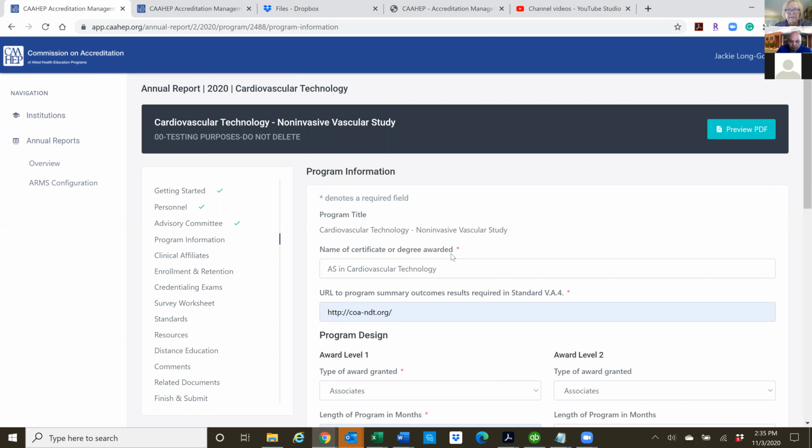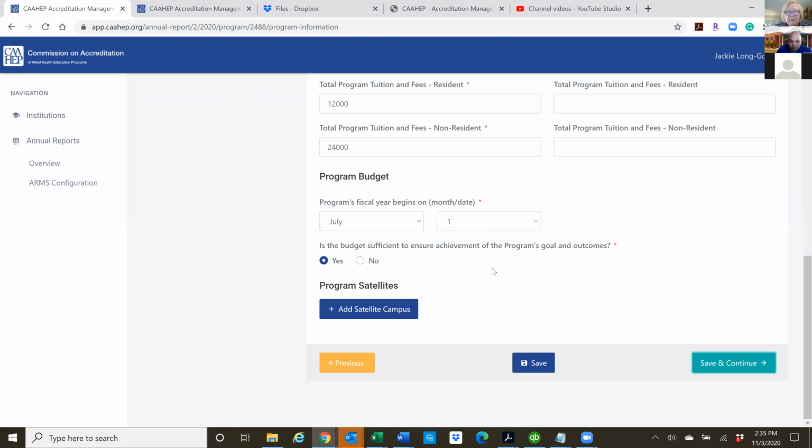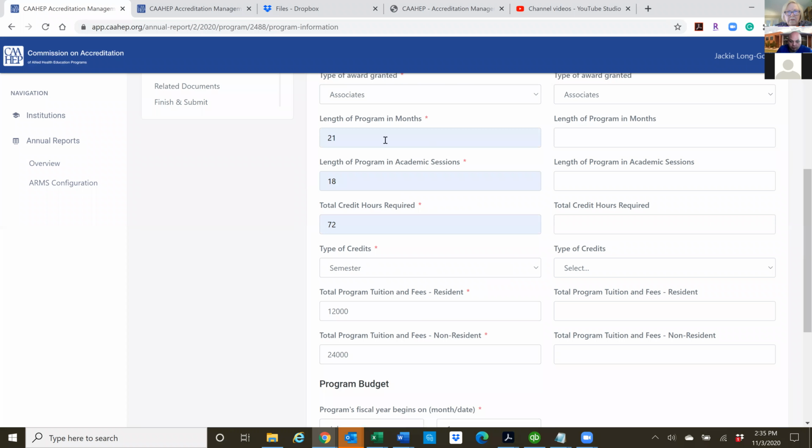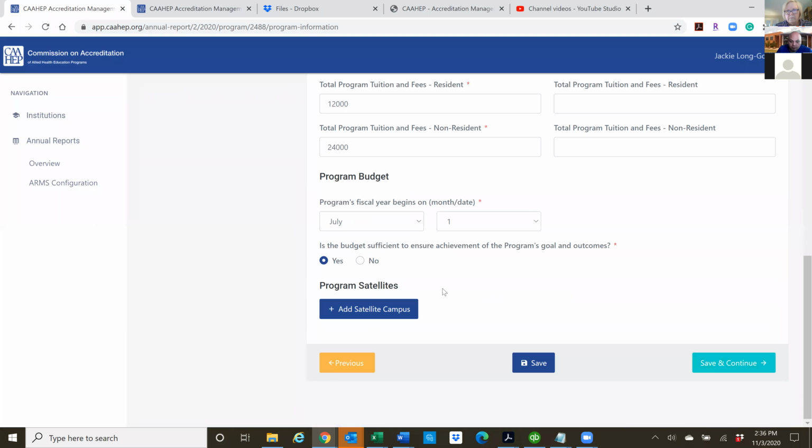So for some reason, this is not wanting to save. It's not giving me an error message either, so I'll figure that out. Oh, perfect. And I don't have the IT person on with me.